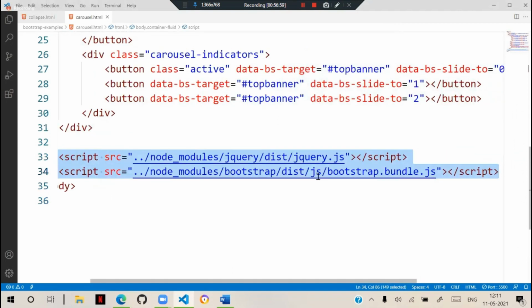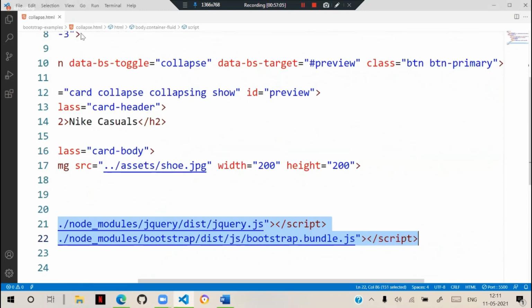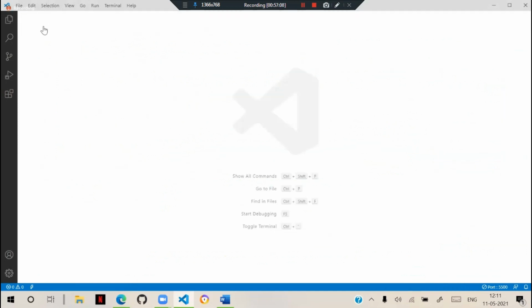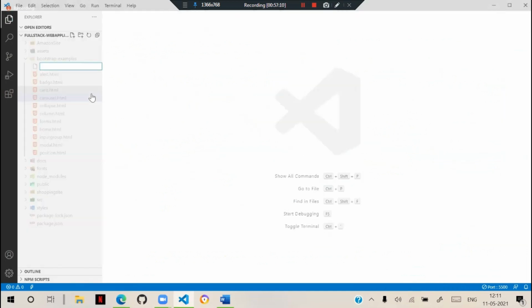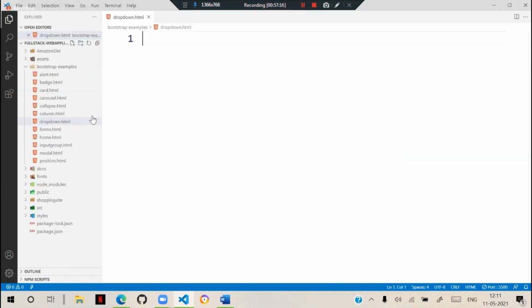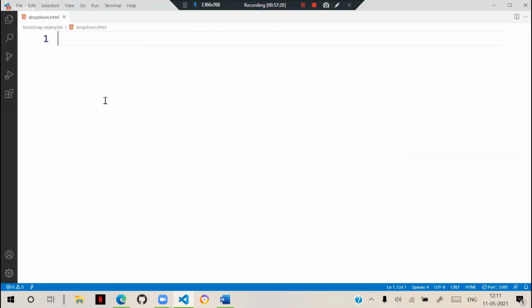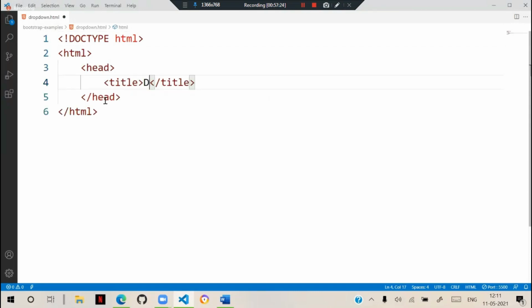Let's go and create a dropdown now. Let's add a new file here, dropdown.html. In this dropdown HTML, let's create the HTML, and in the head the title is dropdown.